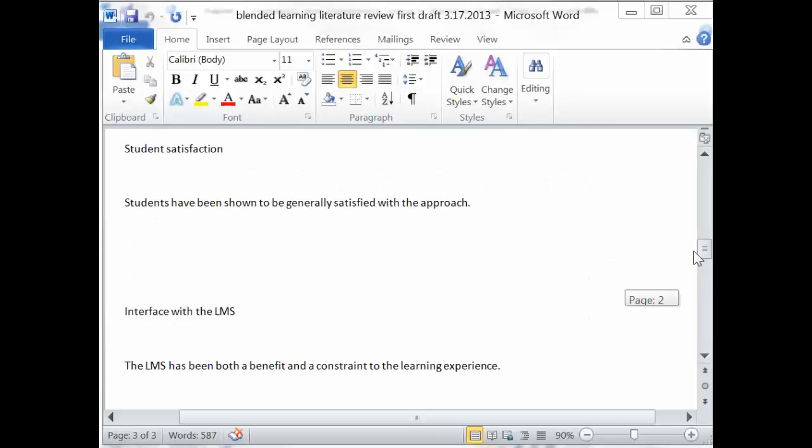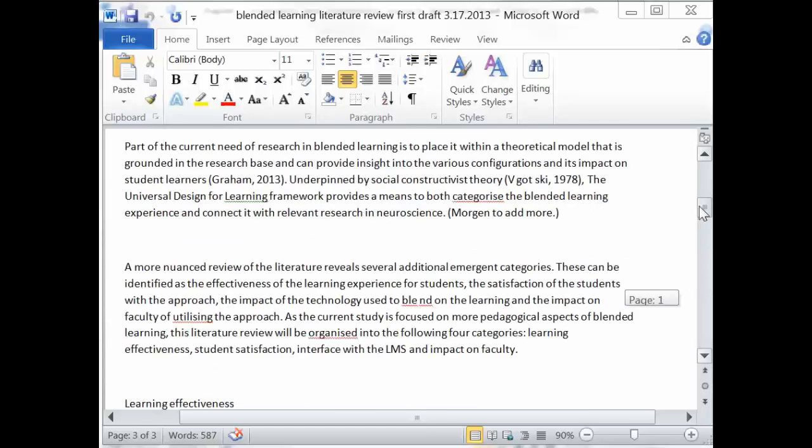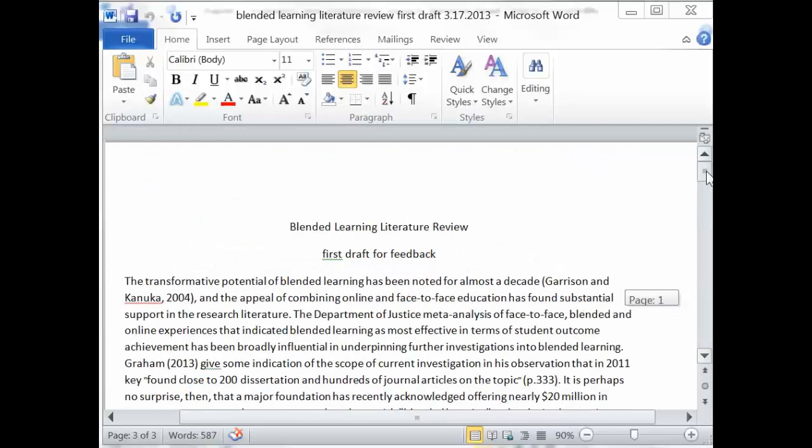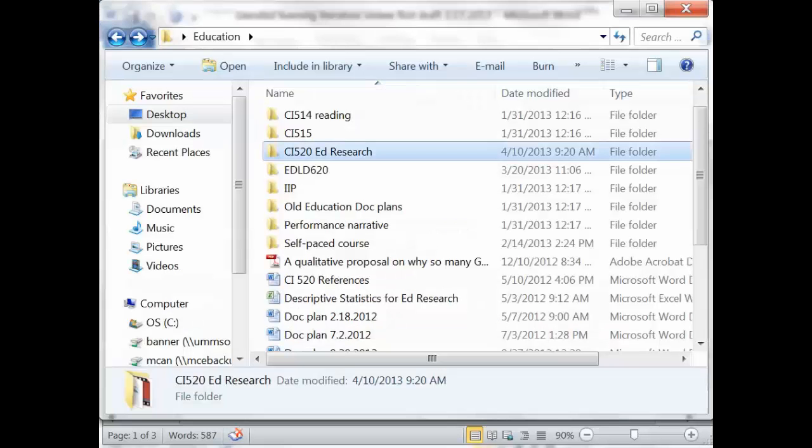So that's really what I've done in that initial review of the literature, and I took that review framework that I shared in the course. I know that Josie used that for her literature review, and I just looked at those categories that emerged out of that, and if I can pull this up here,